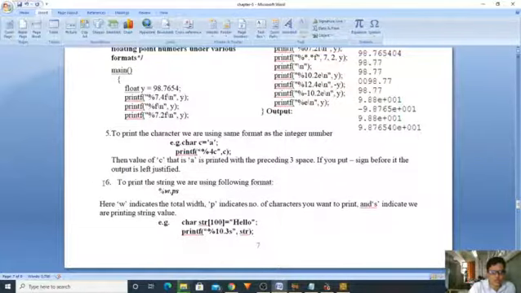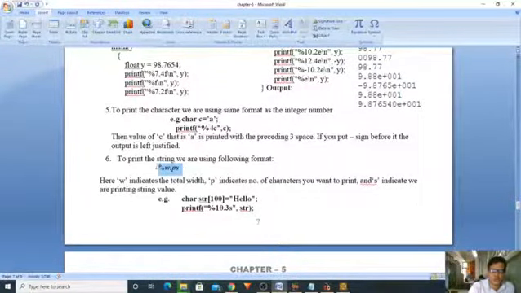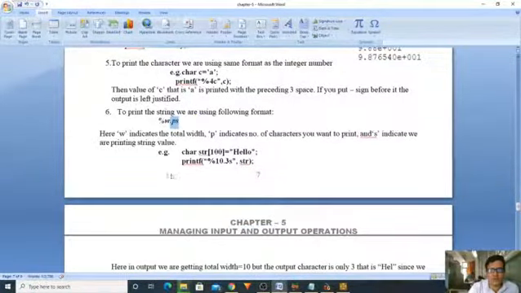Now we are moving to the sixth format of output, that is %w.ps. This is purely for strings. This is very important. This question is asked for 2 marks as well as 5 marks, so please go through it. Okay, let us see. If you want to display a string, then we use the width followed by the dot followed by the precision. Within this width and precision it should be filled. So this is a very important 2 marks and 5 marks question.